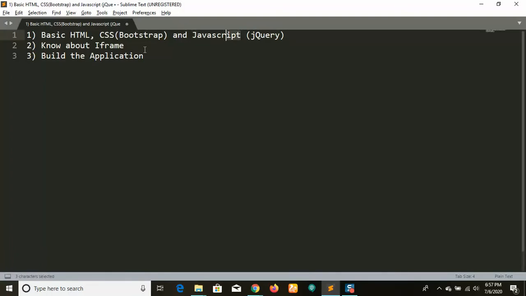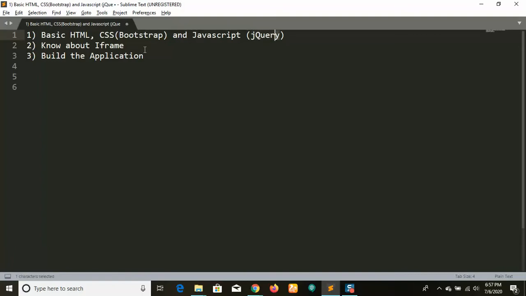If you write 100 lines of code in JavaScript, jQuery makes it around 50 lines or less. Nowadays we need to think about code optimization also, so this will be helpful.